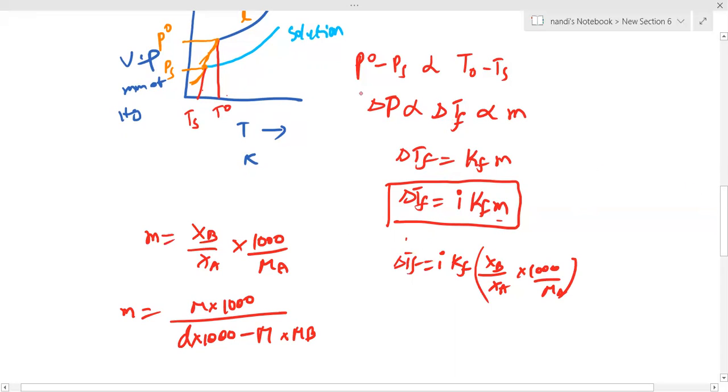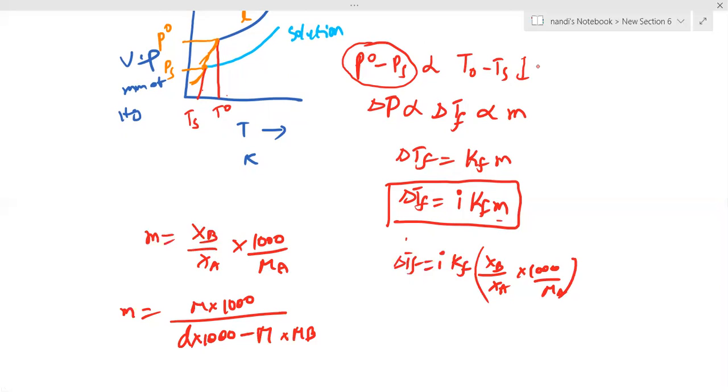So why freezing point decreases, sir? Very simple. Because vapor pressure decreases by adding non-volatile solute, so the temperature of the system also decreases. That's why we are calculating freezing point. That's why I am taking minimum temperatures. In vapor phase and boiling point, I took maximum temperatures. But here for freezing point, I need to take minimum temperatures, which is what exists. Clear? Please find that difference.